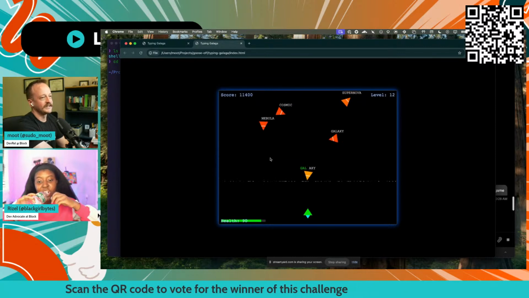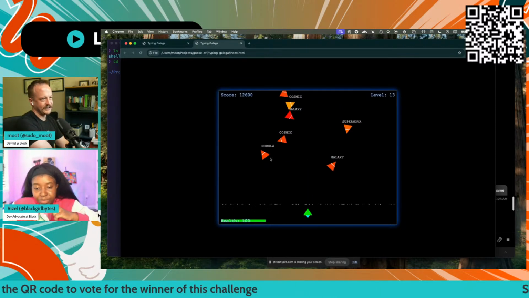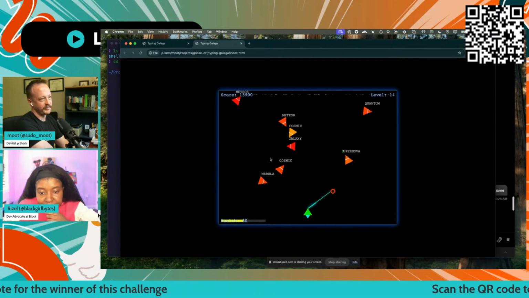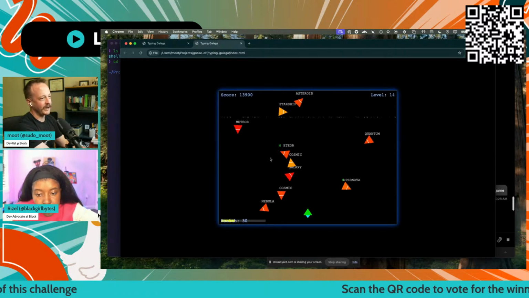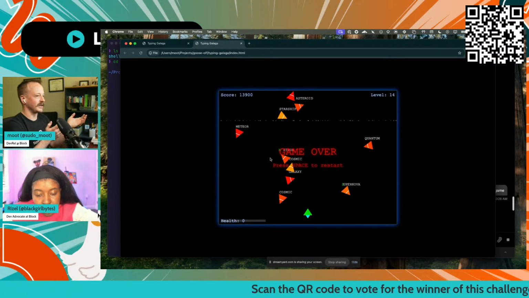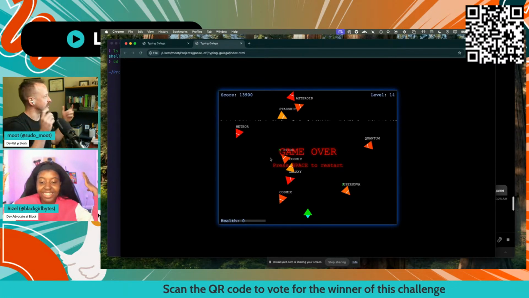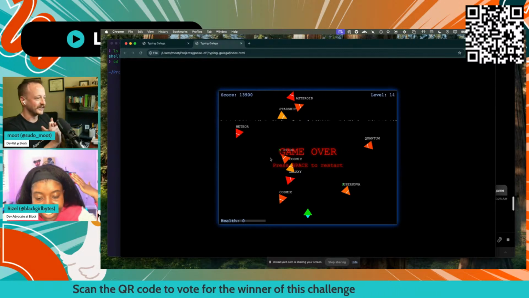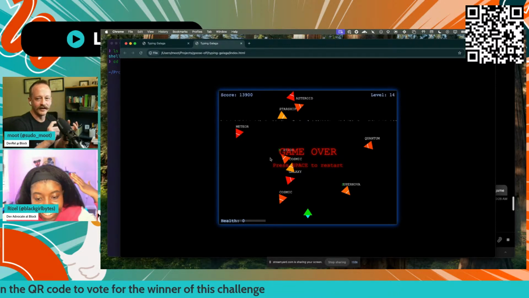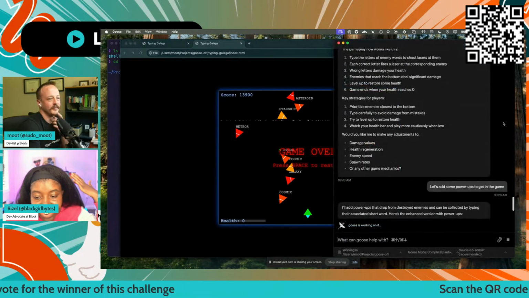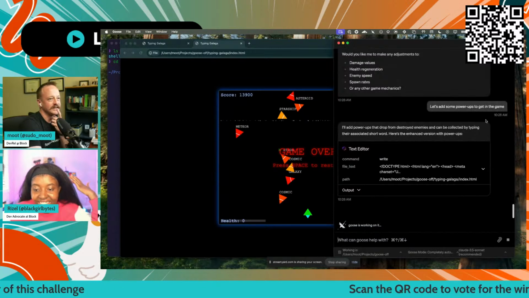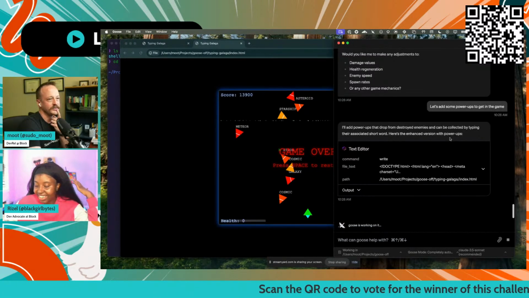As I get these wrong, I lose health, but I think I get health back. Wow, I didn't even tell it to do that. I didn't tell it to do the game overs or to give me health back when I kill the enemies. Let's see if it actually gets any of these power-ups.